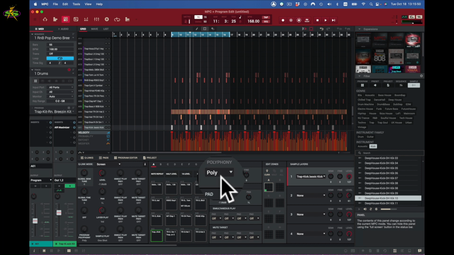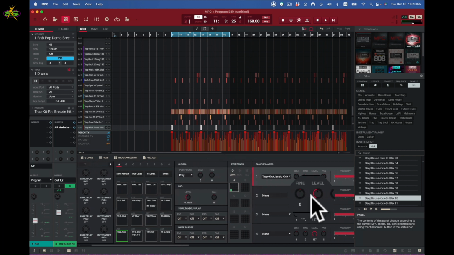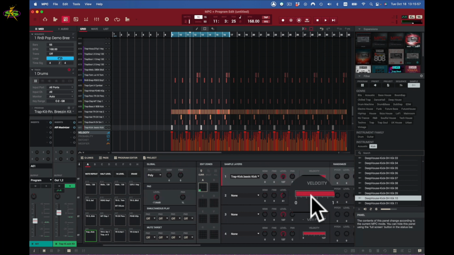But if I wanted more than one sound, I would go to my next level, which would be right over here. We have sample layers right there. I can add a layer in here. So for example, this is just one layer. I hit this pad, that drum plays. This is the semi-tuning, the fine-tuning, the level, and the panning. I also have velocity control here too. So if I hit this pad,